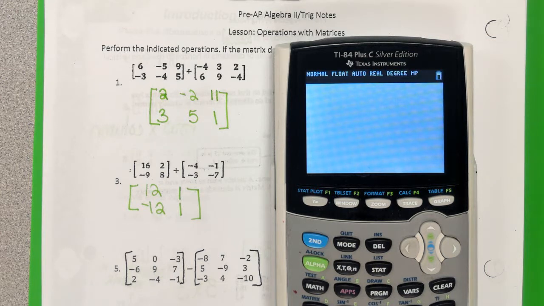So try your calculator and see if you get the same thing. Try number 3 in your calculator, guys. We still gotta finish everything up. Try number 3 in your calculator, and then you go back to